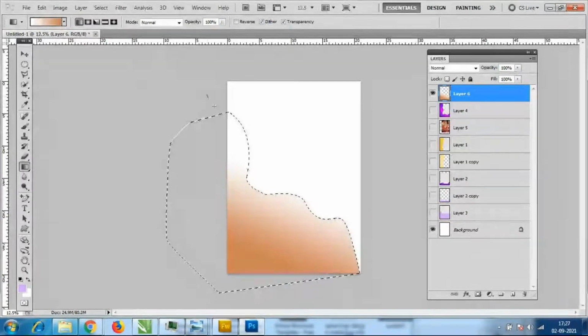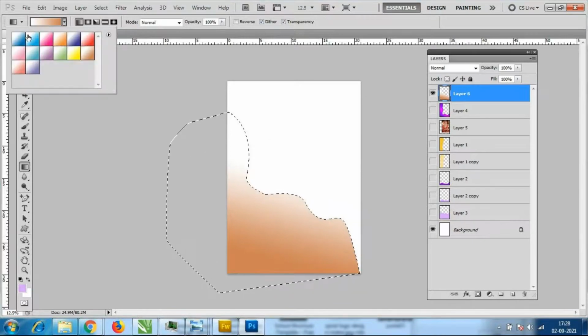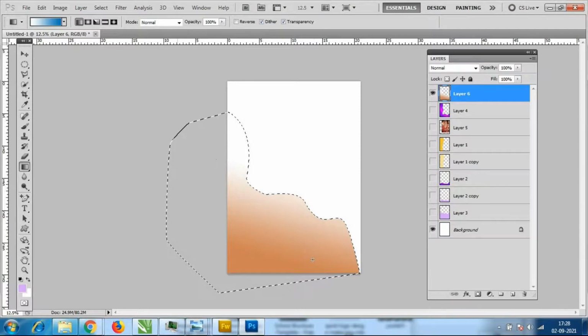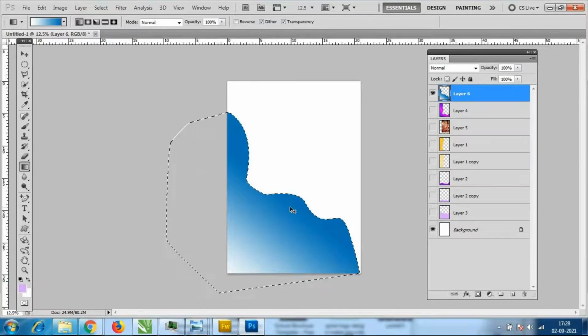So from where you have to do the dark and bright. Control D. Okay. But you can add the colors anytime. See, brighter to darker, darker to brighter. Okay.